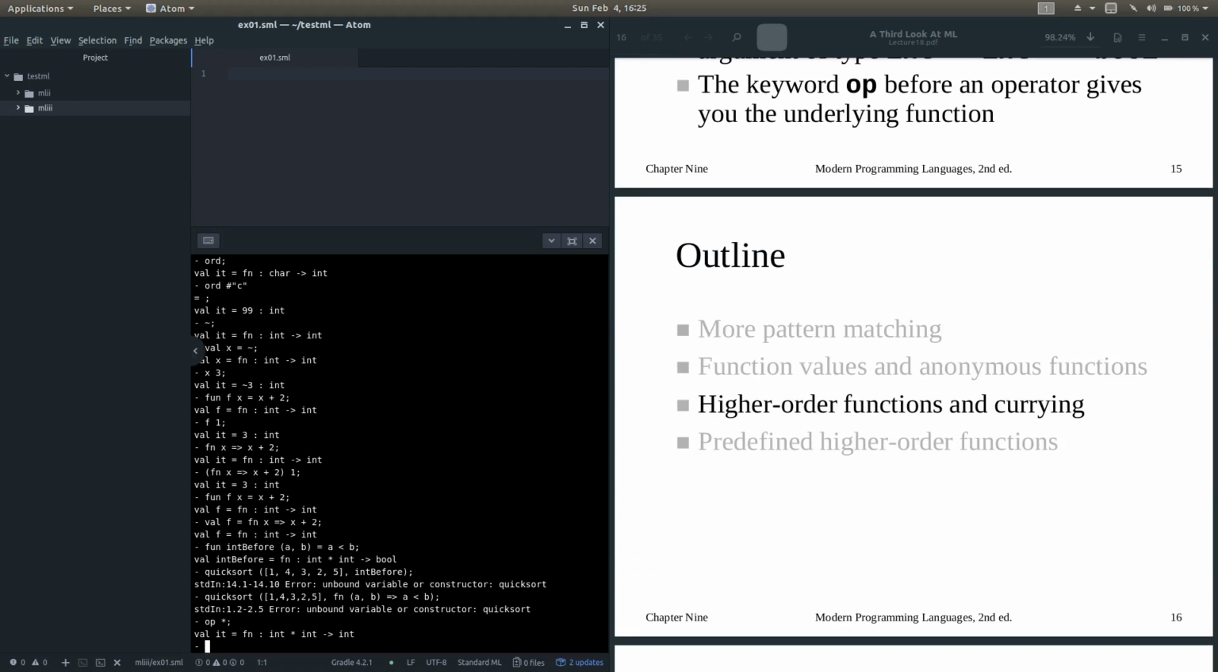So in the next video, we'll talk about higher order functions and currying, which are very important concepts for